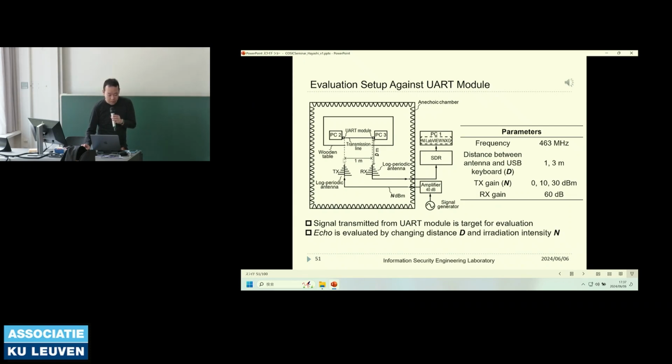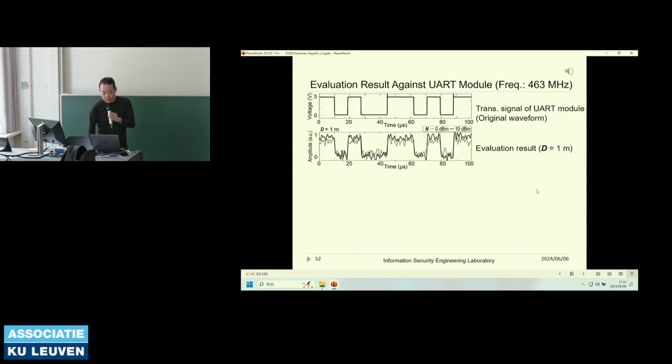We irradiate the signal to the UART module. This is the experimental setup, and the irradiation frequency is this frequency. This is an amateur radio band. We changed the irradiation intensity. Receive gains are here. Okay, this is a result